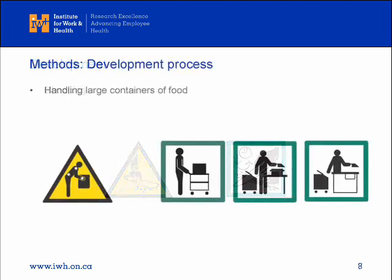This is the second set of pictograms, and this is about handling large containers of food. So when food arrives in a restaurant, it comes in big bags of potatoes or carrots, and they have to transport this food to the cooking areas. And when we went out and tested, so there's our hazard pictogram, and they're lifting up the container and trying